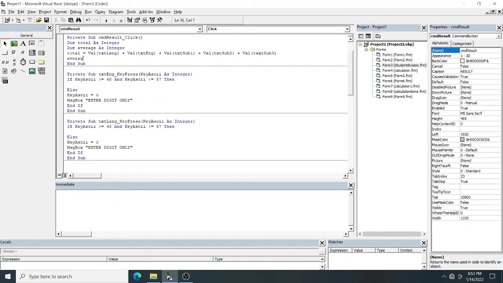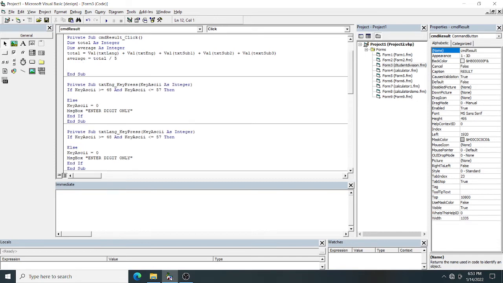Average equal to total divided by 5. As I told you, if this slash is there, this is integer division. If I am typing this one, this is normal division. So you got your average.